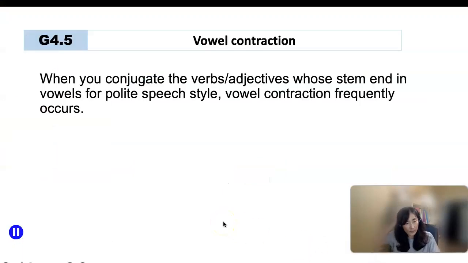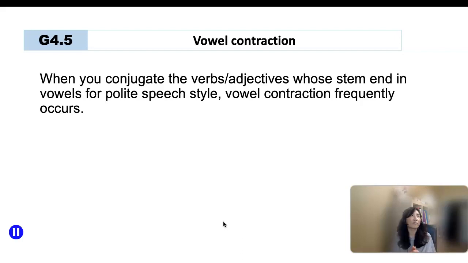Turn to textbook page 131, and I'm going to talk about the polite speech and how to conjugate a certain predicate whose stem ends with a vowel. In that case, a lot of conjugation happens. So far, we've been working on the conjugation of predicates whose stem ends with a consonant, such as 먹다